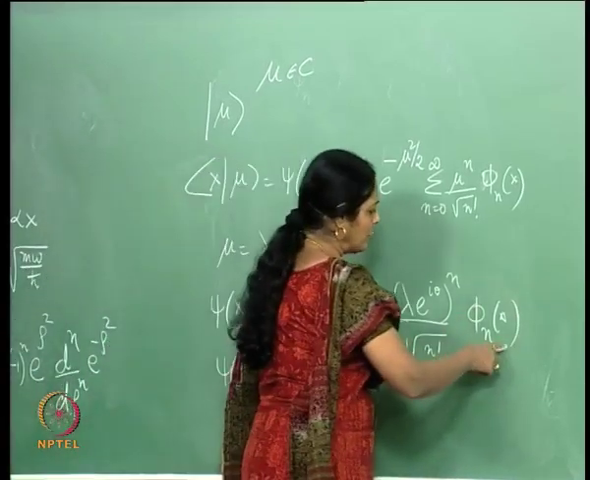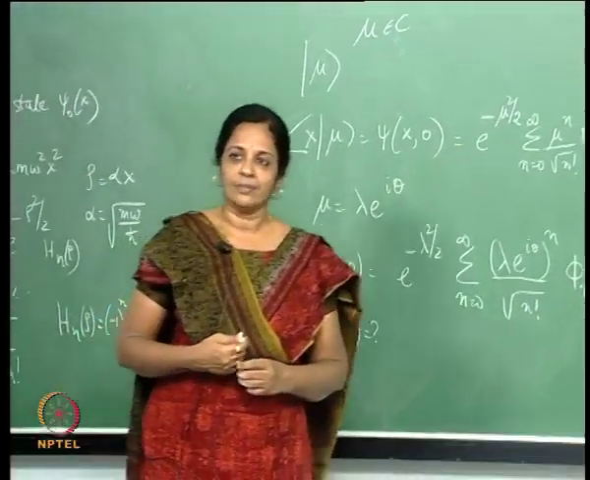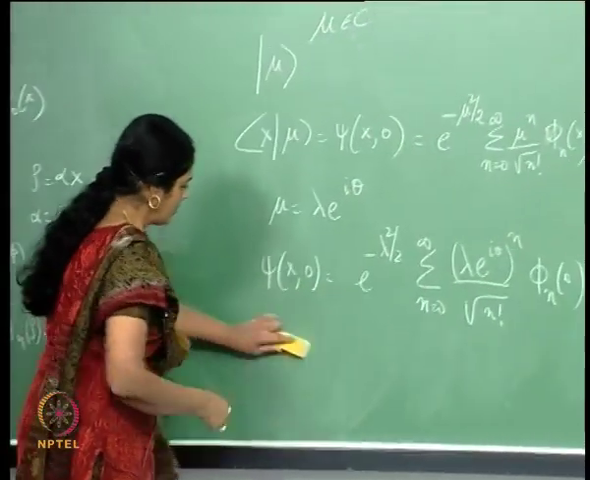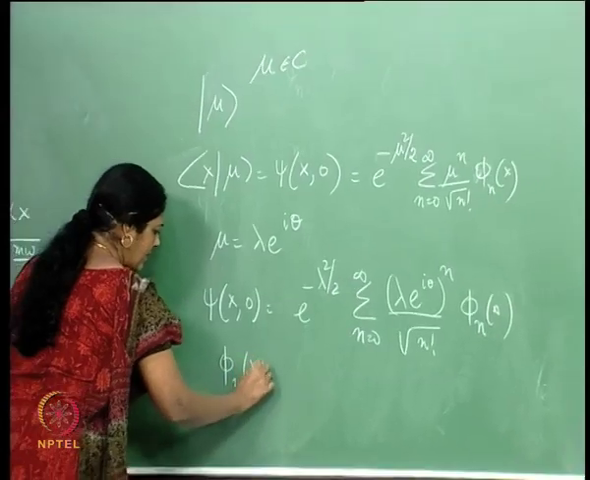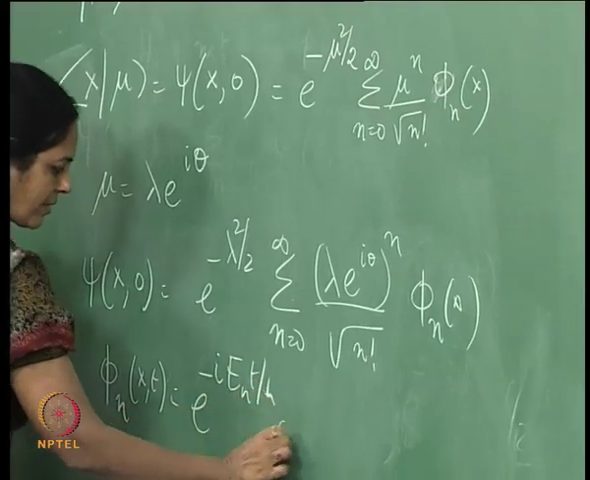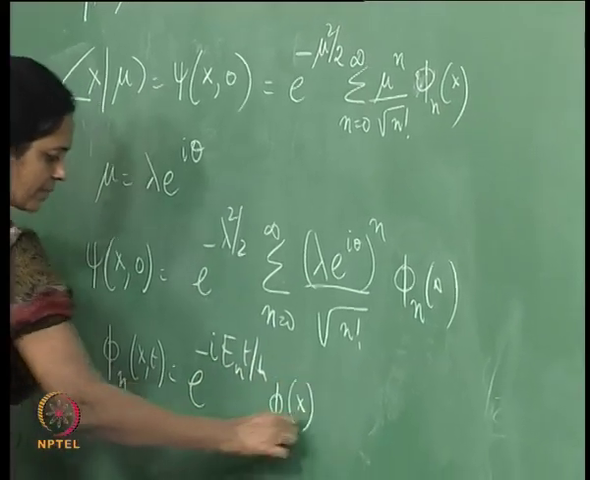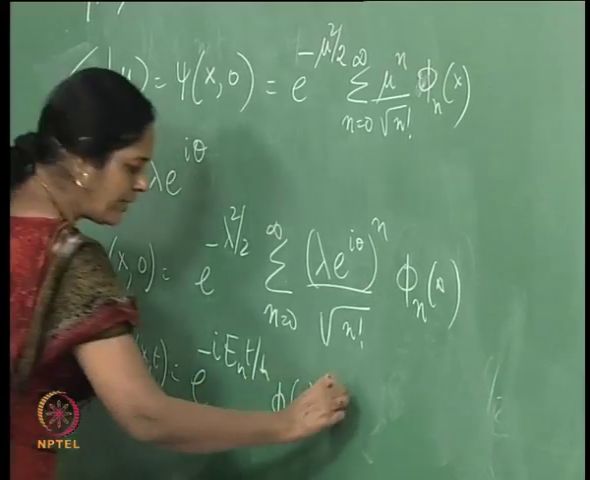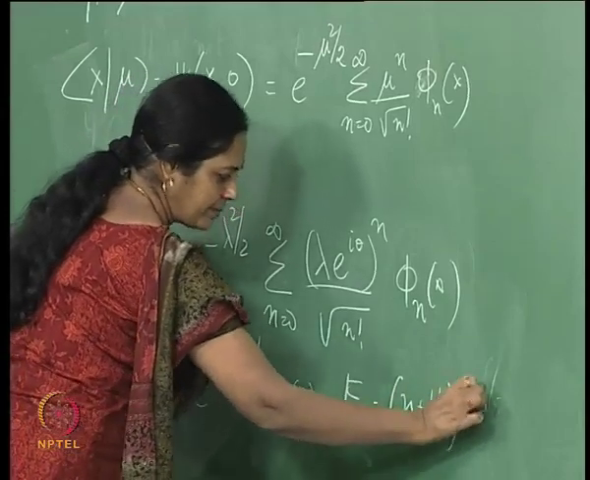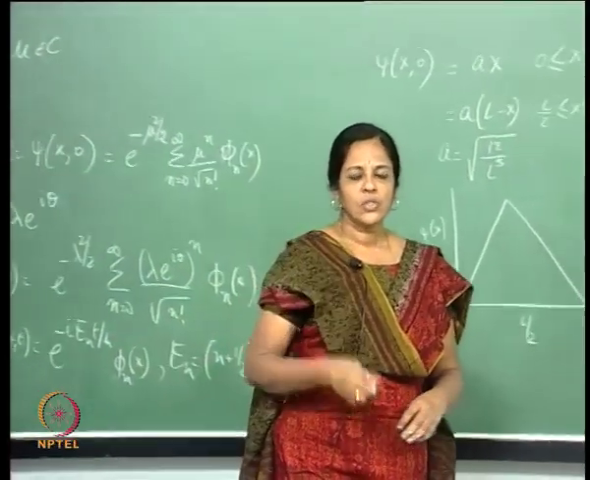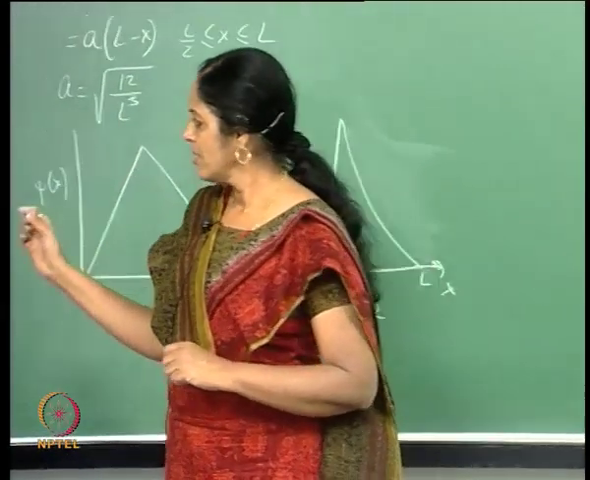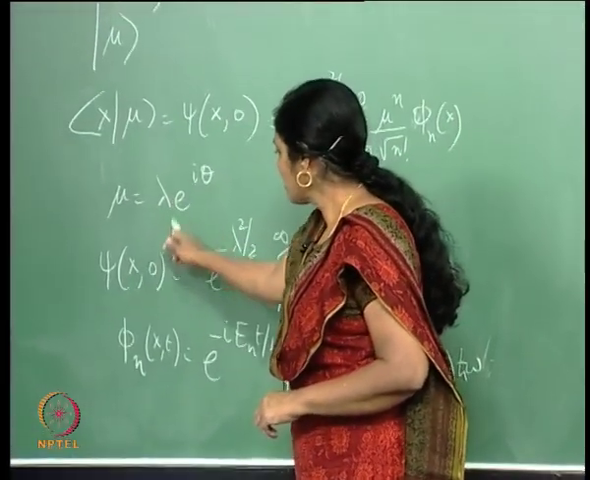It is clear that the phi n of x are stationary states of the system. Therefore, phi n of x,t is e to the minus i E n t by h cross phi n of x, and E sub n itself is n plus half h cross omega. So all the information is there and now we merely need to find out what exactly is the subsequent evolved